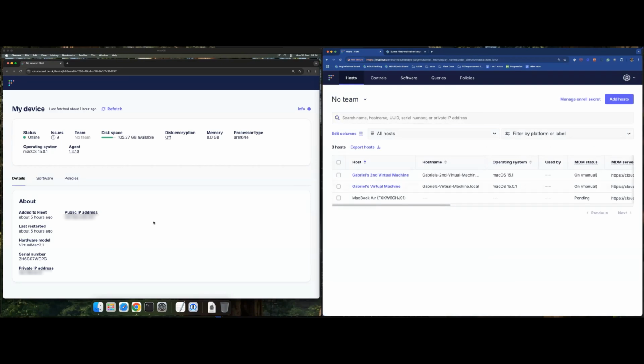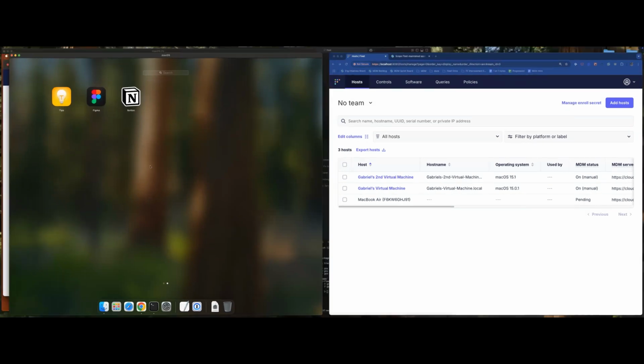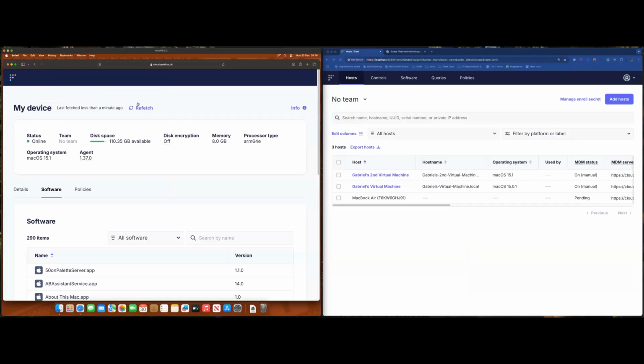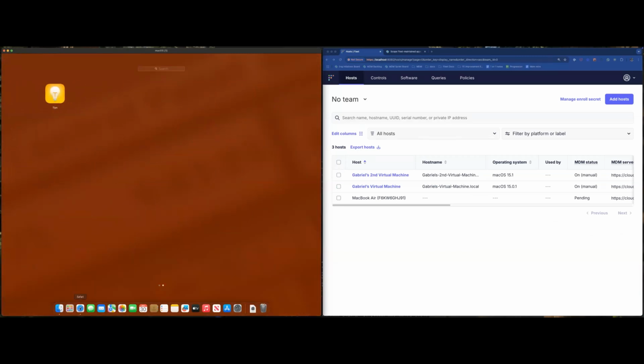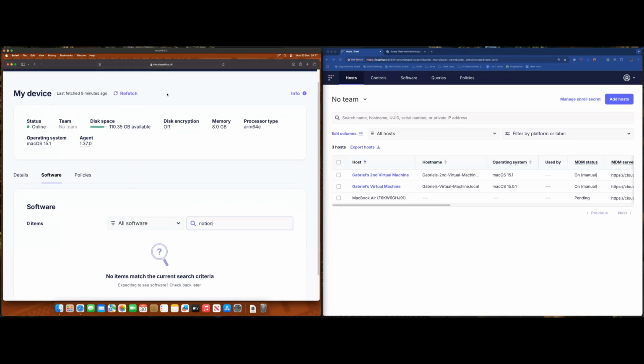So let's go back. Let's see if this is updated. Yeah, there it is. So Notion is over here. So this was the host where I had that label. I manually installed it, and now on the host you can see Notion. And I'm just going to go over here. This is the other host that wasn't in the label. And you can see there's no Notion in its list of software. Notion does not exist. It's not here. So yeah, this host did not get that install. So that is adding a new software